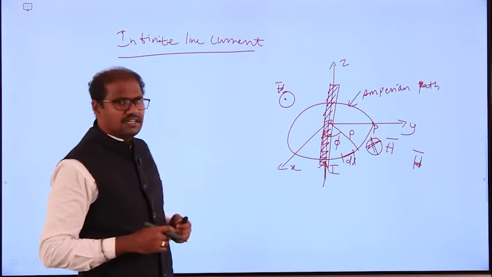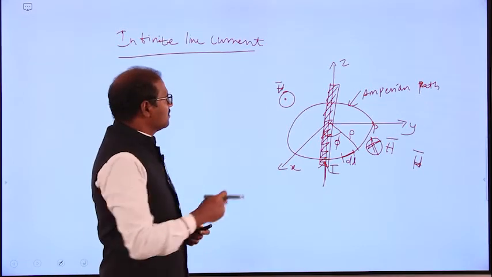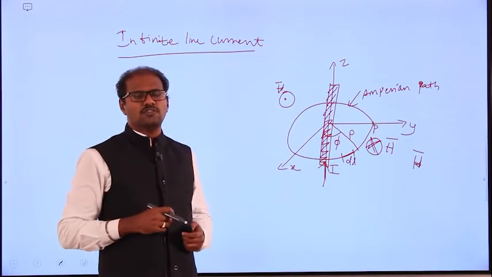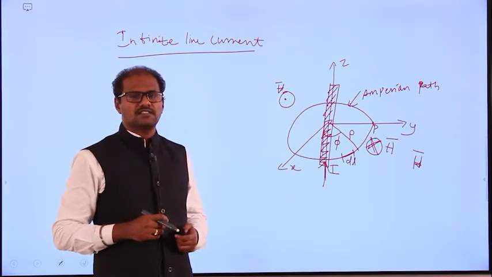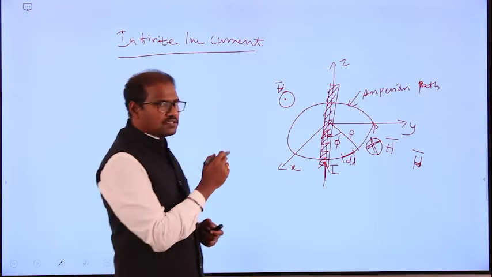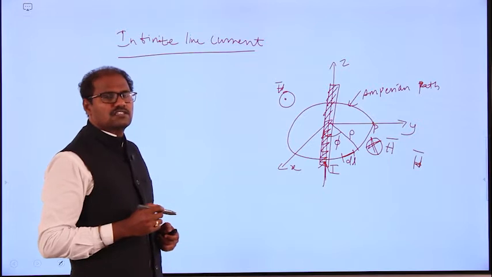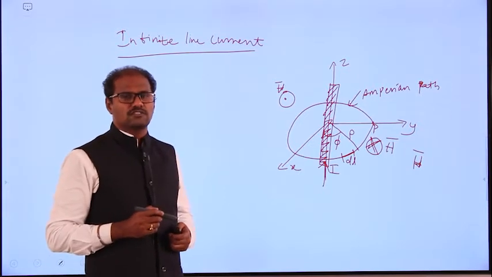Here that is will be any current distribution. For symmetrical current distribution, here also we are going to determine the magnetic field intensity H with the help of the Ampere circuital law. What is the Ampere circuital law? I already told. The circulation of H will be equal to the I enclosed,